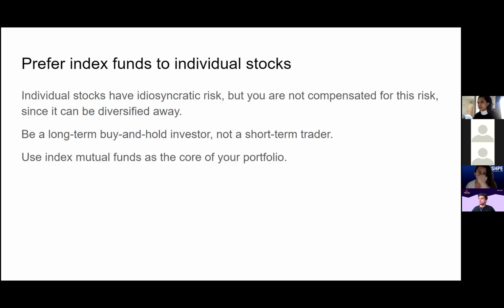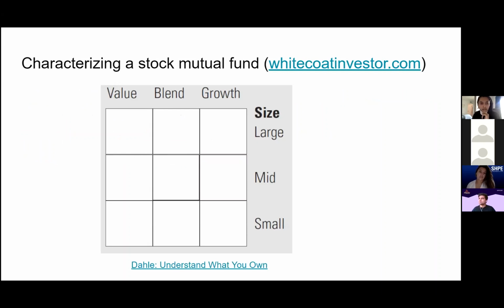Now, I will say this: if you really want to invest in the stock market and you like to do stock investing, fine. But you need to give yourself a kind of budget. So maybe allocate 5% of your portfolio to individual stocks, or 2% or 3%. But it should be some small corner. The core of your portfolio should be built using index mutual funds. So anyway, we've kind of alluded to this before.